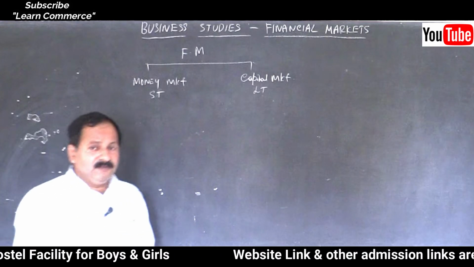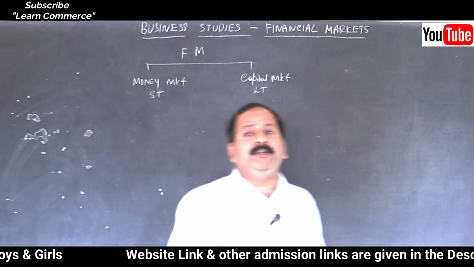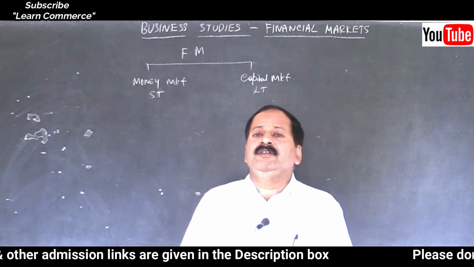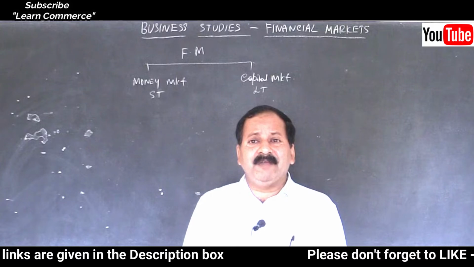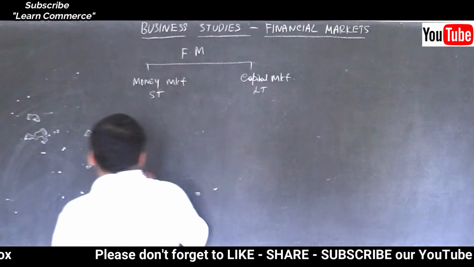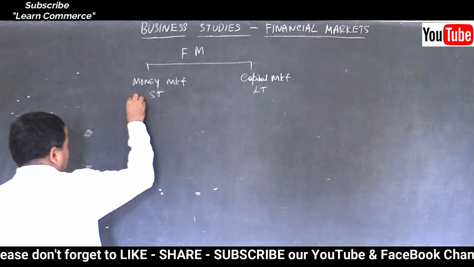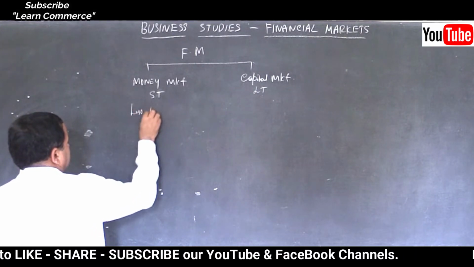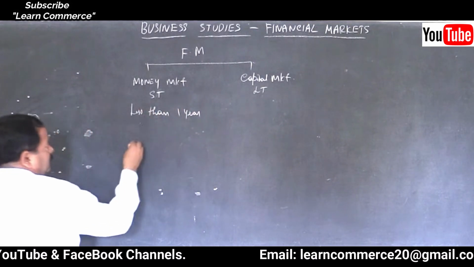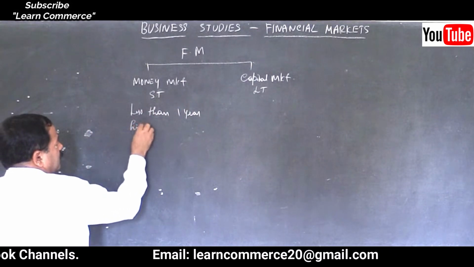Highly liquid means which can be converted easily into cash, and the securities bearing a maturity term of less than 1 year. So first one is less than 1 year. Then they are highly liquid